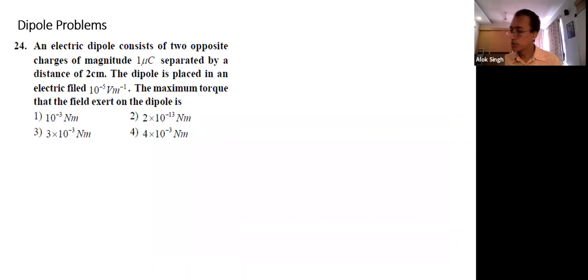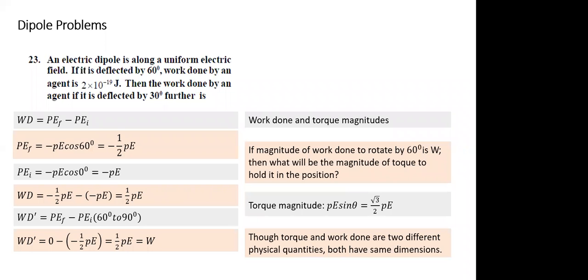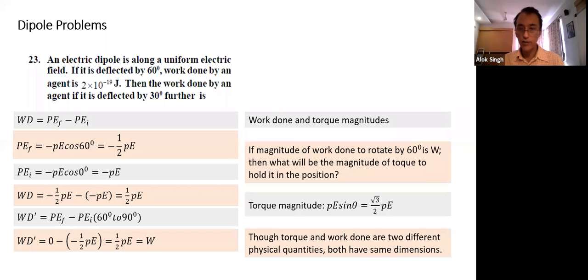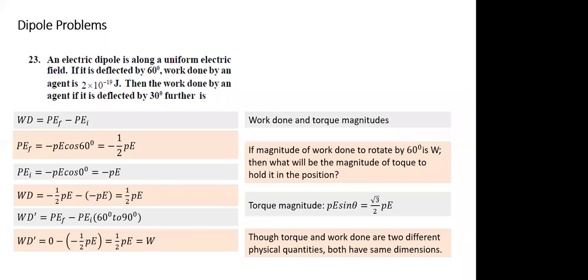Okay, let's go to the next question. Time starts now. Sir, wasn't it supposed to be root 3 times the work done? Sorry, I said this is root 3 PE by 2, it should be root 3 times work done. Yeah, root 3 by 2 PE, and work done is PE by 2. Correct. Root 3 times work done. Okay. Yes.